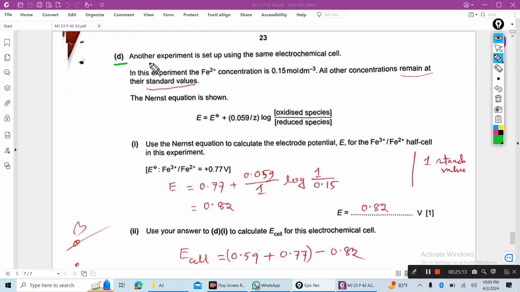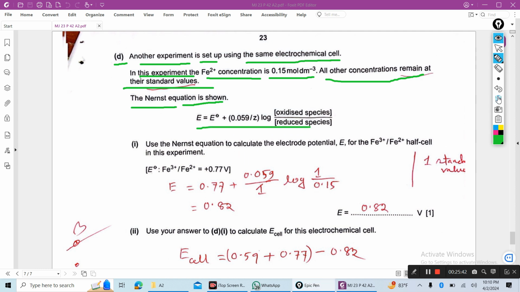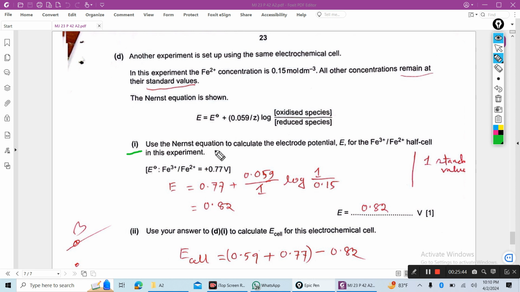Now number D, another experiment is set up using the same electrochemical cell. In this experiment, the iron 2 ion concentration is 0.15 mole per dm cube. This is not in standard condition. All other measured concentrations remain at their standard values. The Nernst equation is given. So number 1, use this equation to calculate the electrode potential E for the iron half cell in this experiment,